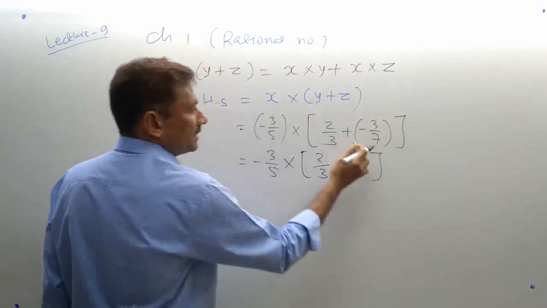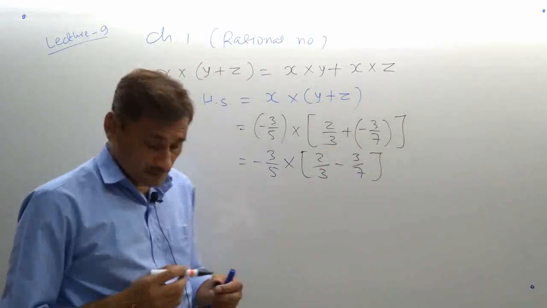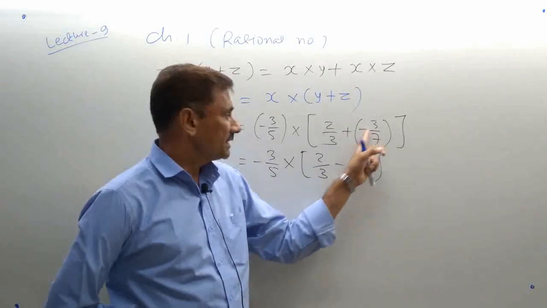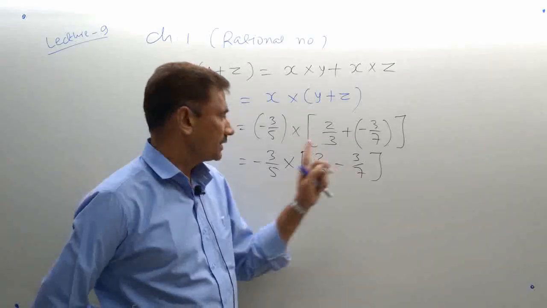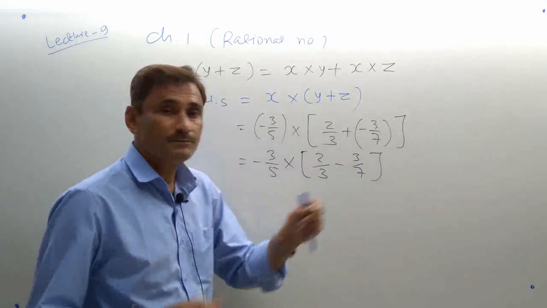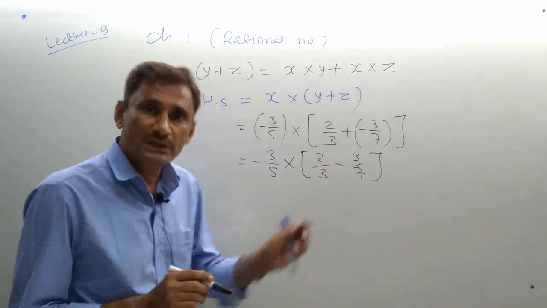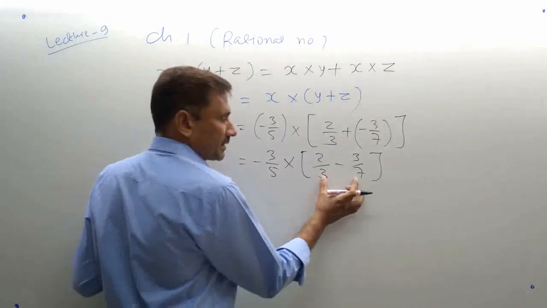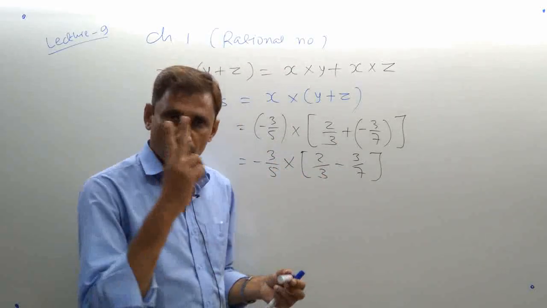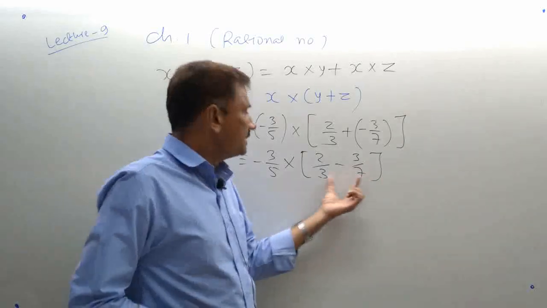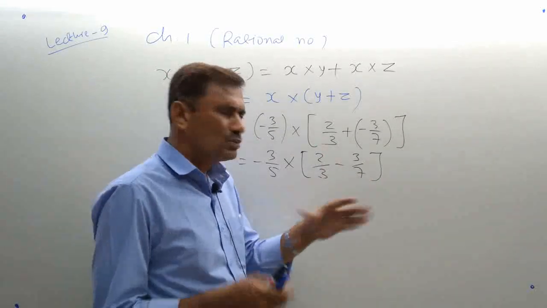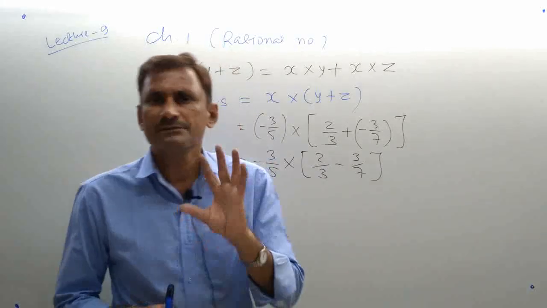Why? Opening of the bracket is multiplication. So the multiplication rule you know, plus minus minus. Now how to subtract them, by cross multiply, meaning LCM, both are same here because they are co-prime numbers. So when only two fractions are there and their denominators are co-prime, cross multiply or LCM both remain totally the same here.